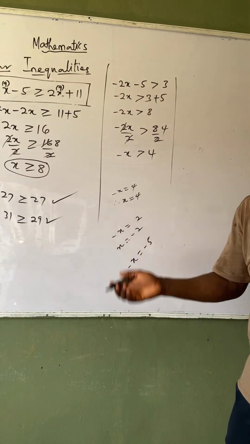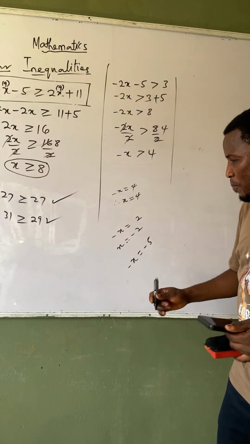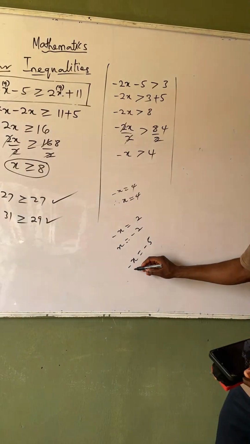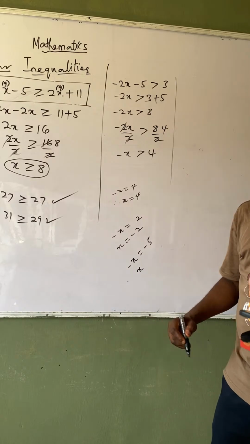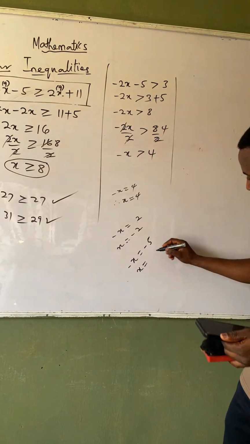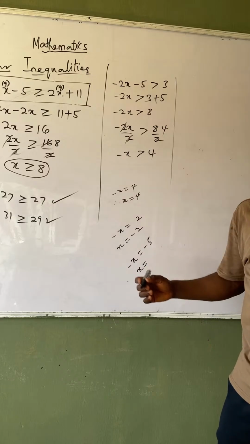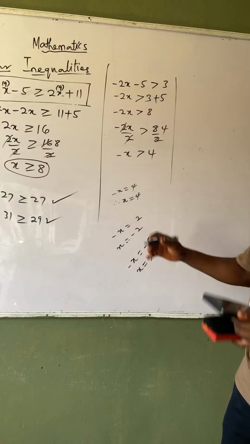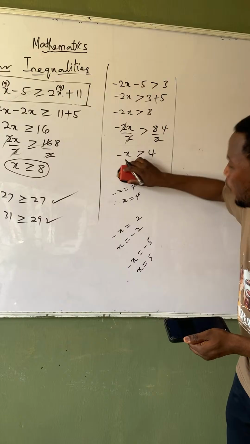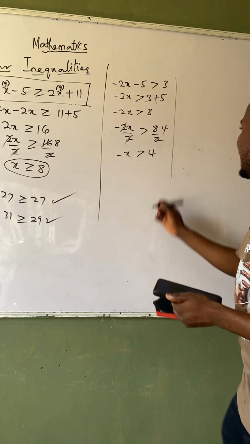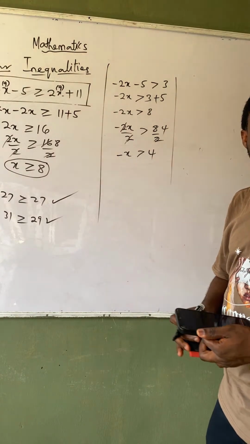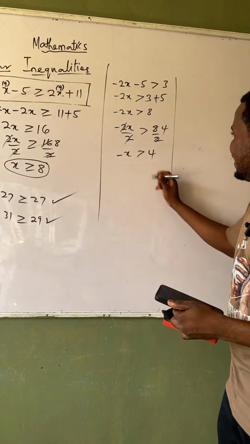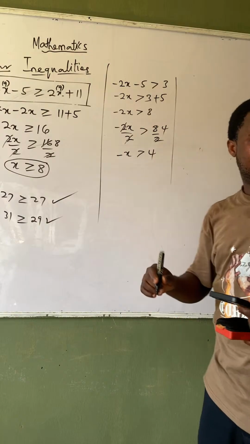But the actual way is still you multiply both sides by minus 1. So if I multiply this side by minus 1, what do I have? I have x. The minus will combine with the negative to become positive. And also here, I can multiply this side by minus 1. It gives me positive. So anyhow you go about this, it is correct. So guys, now, whenever the x or the variable that you are looking for is negative, now